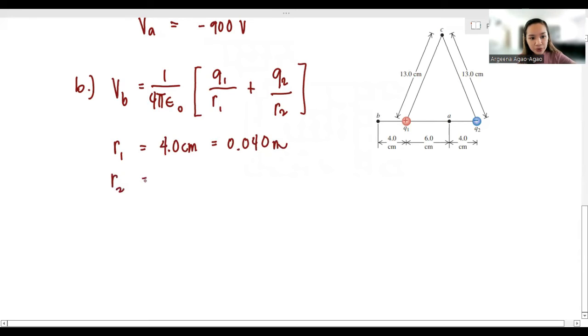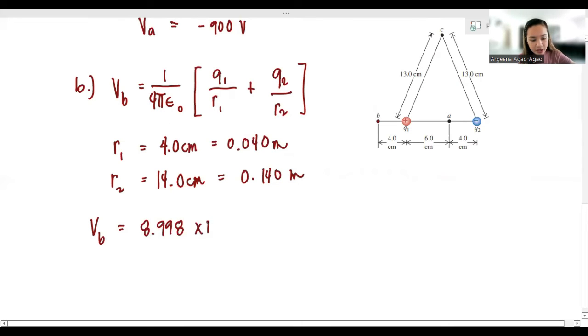And our R2 is the distance of Q2 from point B, that is, you add 4 plus 6 plus 4, which will give us 14.0 centimeters or